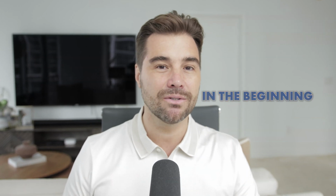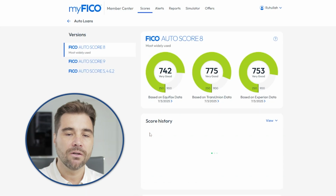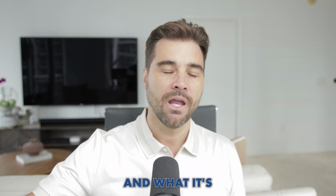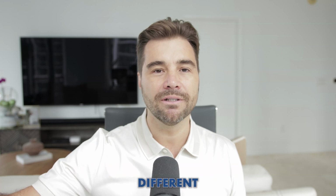And that's what I was referring to in the beginning of the video. So stick with me till the end because I'm going to get to the right place right now. Take a look at my FICO right here. This is where you can look at score version by loan type. And what it's going to do is it's going to show you all the different versions of scores that you